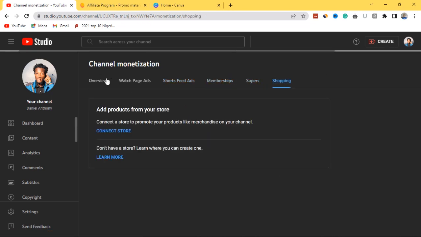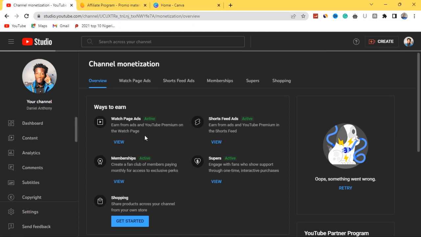So that's how it actually works on YouTube to start making money. With all of these ads on now, if you're watching a YouTube video and all of a sudden an ad pops up on that content creator's channel, it was activated by this thing you are seeing right here, the watch page ads. It's because the watch page ads of that creator have been activated, since that creator has surpassed 1,000 subscribers and 4,000 watch time hours on his or her YouTube channel and joined the monetization partner program. That's why you are seeing ads on that creator's channel, and this section, watch page ads, is responsible for those mid-roll ads, or those ads you see at the beginning and at the end of a content creator's video. That ad is how they make money. That's how YouTubers make money.